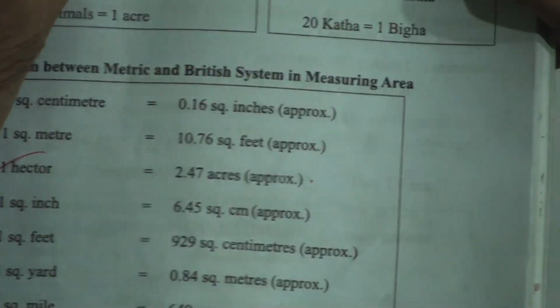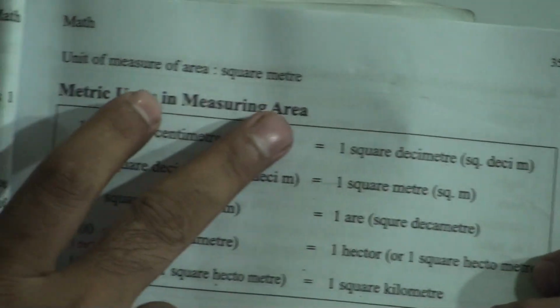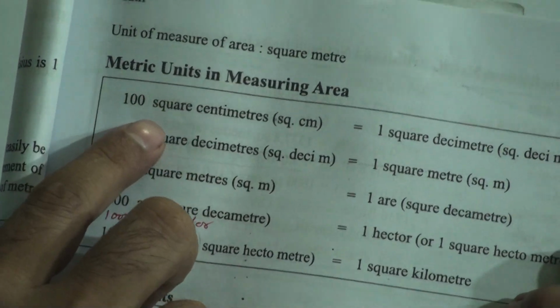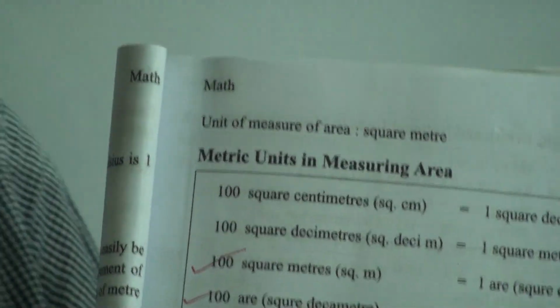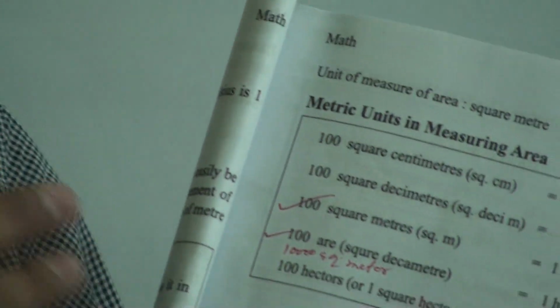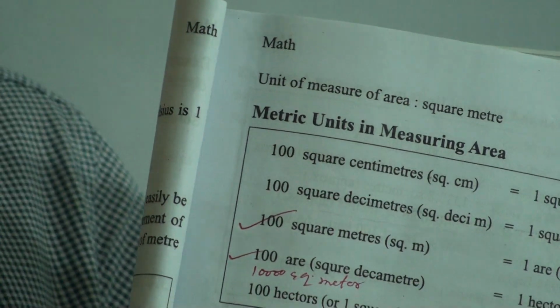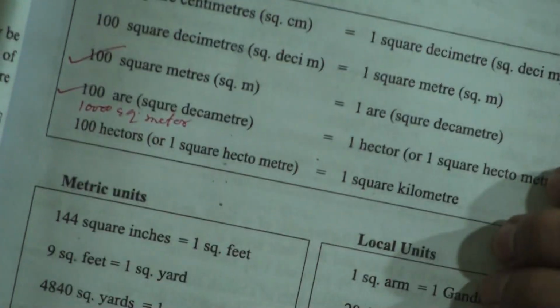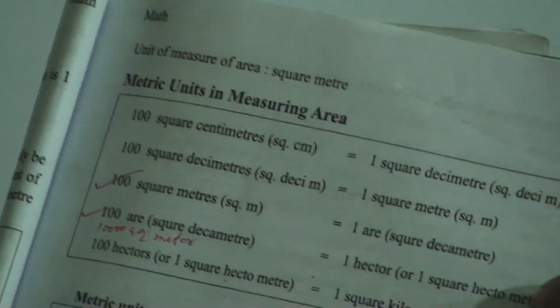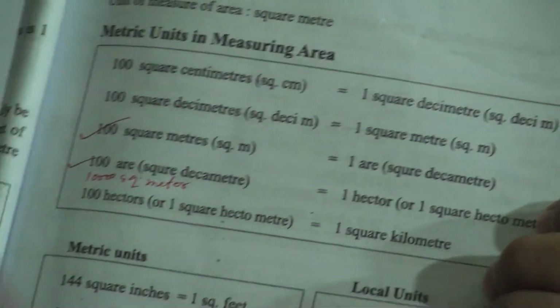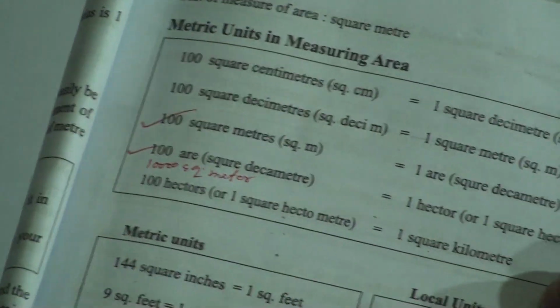On the next page, it is written metric units in measuring area. Here these are the metric units. Dear students, the main or basic unit of the measurement of area is square meter. If it is given in meter, it will be square meter. If it is centimeter, it will be square centimeter. It means we have to use the word square before the unit. Okay, dear students,